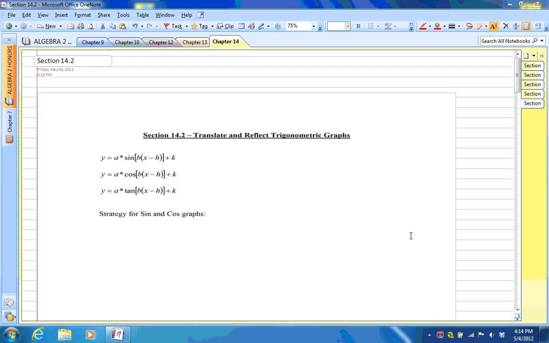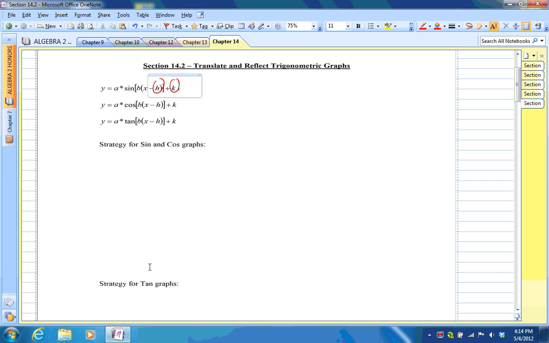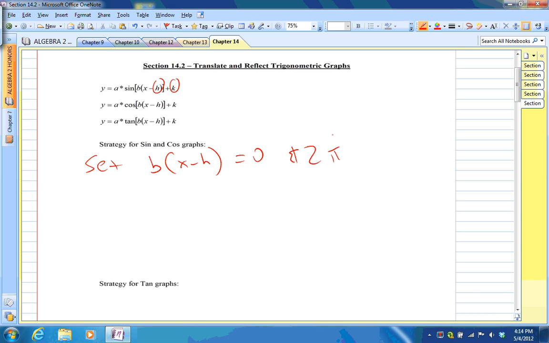For example, when there is an actual h and k value you have to take into consideration. So you see that we have y equals a sine b parentheses x minus h plus k, y equals the cosine tangent. There's actually a strategy you want to use for graphing sine and cosine graphs that have h and k. Here's the strategy. You want to set b x minus h equal to 0 and 2 pi